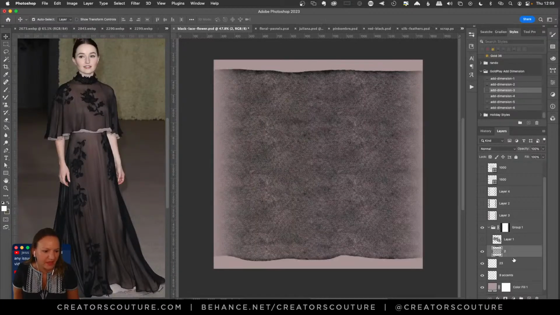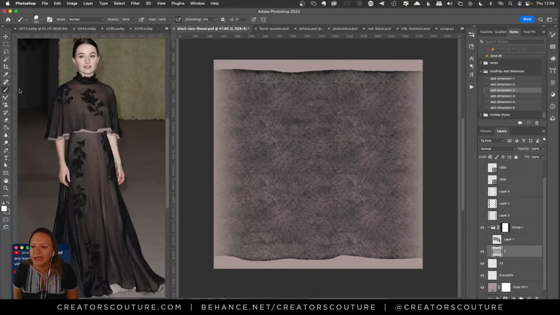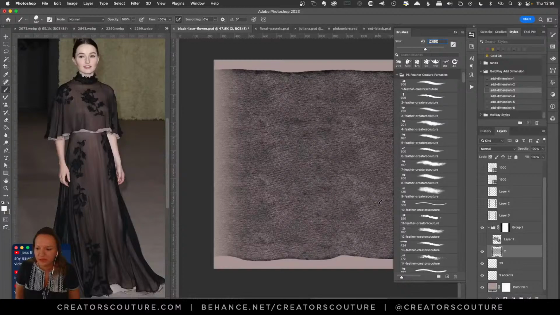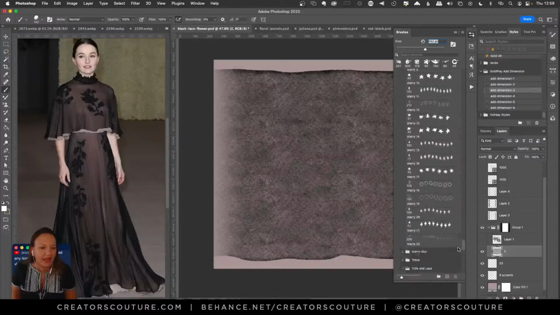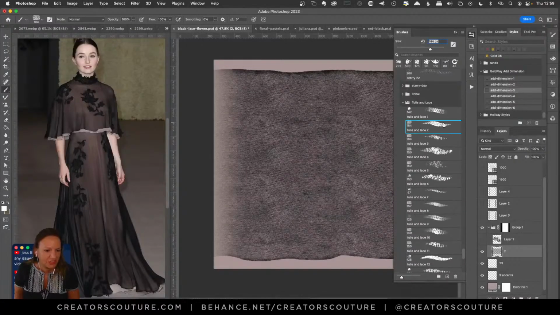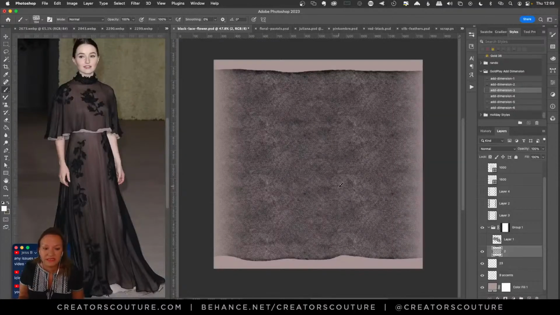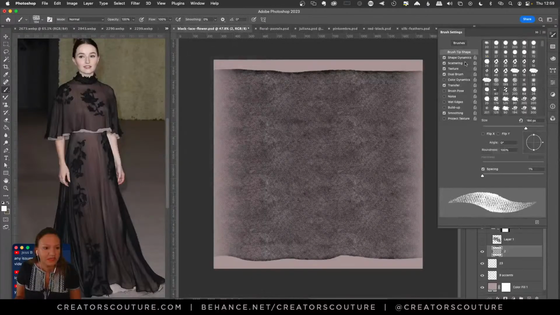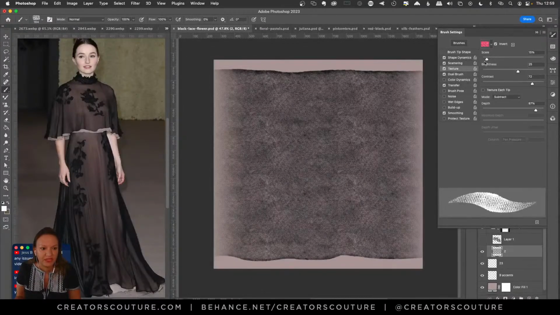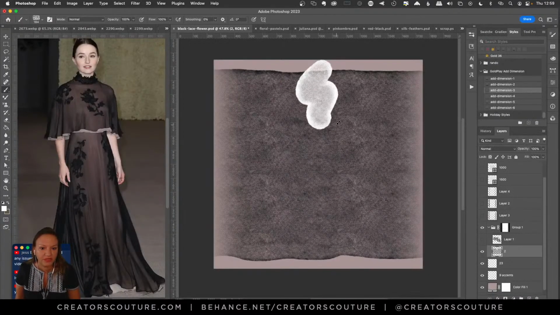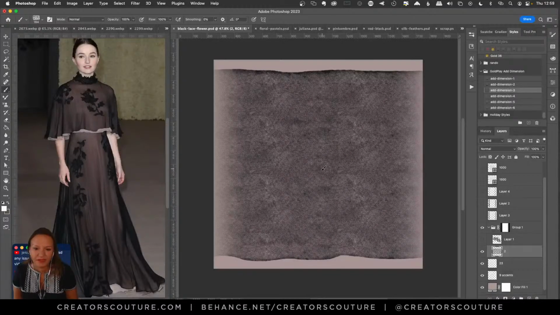So to begin with, this was a simple one color tulle and lace brush number 2. On some of these lace brushes that have that lace pattern inside of them, I actually did adjust the brush for my project. Say if the texture of the lace inside the brush was too small, if you go into Window, then Brush Settings, you can go into the Texture panel, which has the lace, and you can change the scale of it right here. So that's really good to know in case it doesn't suit your needs.